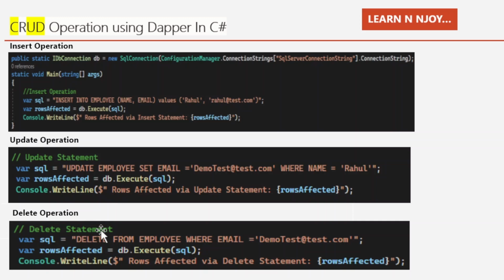In the delete statement, again we need to write this delete statement over here, and that's what I have written: var SQL is equal to "delete from imply where email is equal to demotest@test.com". So in the imply table it will find this email and then delete it. Basically this delete statement I am storing into this variable SQL, and then I'm just going to call this execute method. So that's what I have written, db.execute, and here I'm passing this SQL statement,